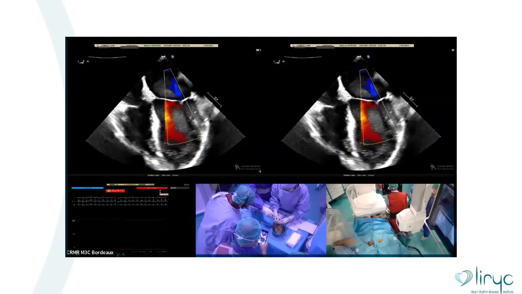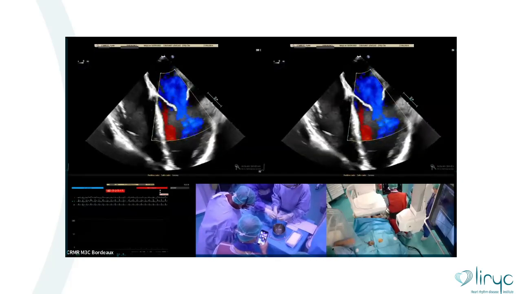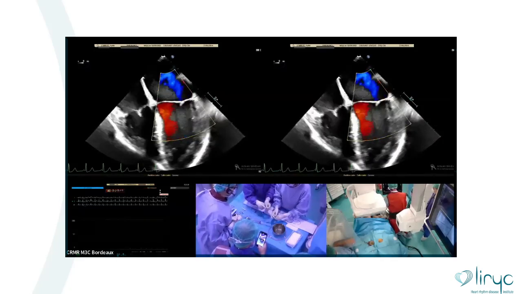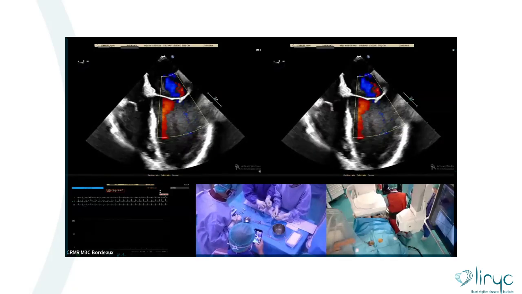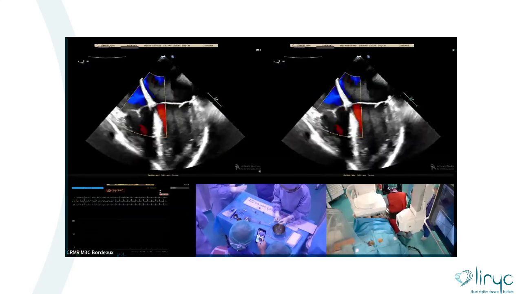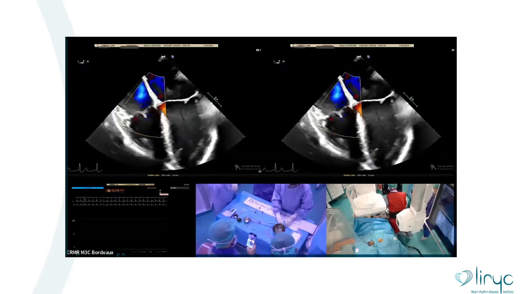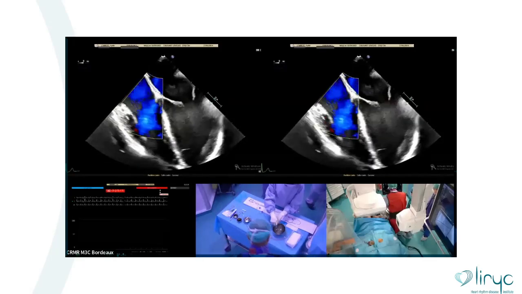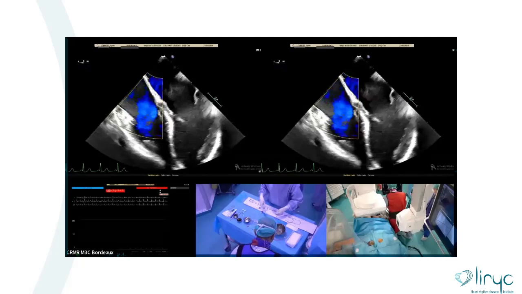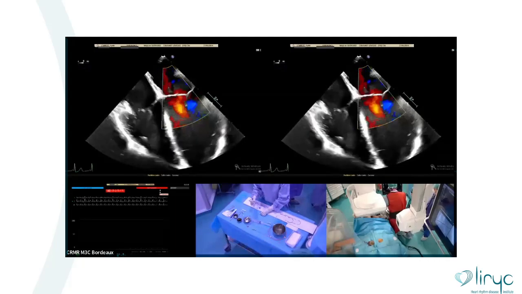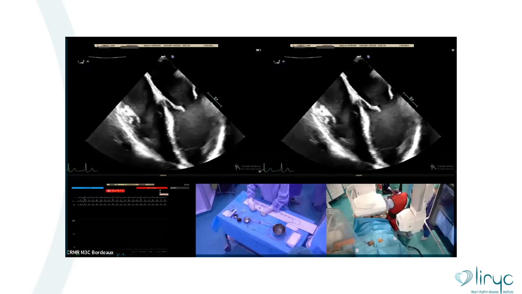Take time to always assess the AV valves, just to be sure that you don't have any regurgitation before an intervention. As explained by Mark this morning, one of the major complications after this type of intervention is AV valve regurgitation. So here you could see that you don't have any tricuspid valve regurgitation, you have a trivial mitral valve regurgitation. And so in four-chamber view,